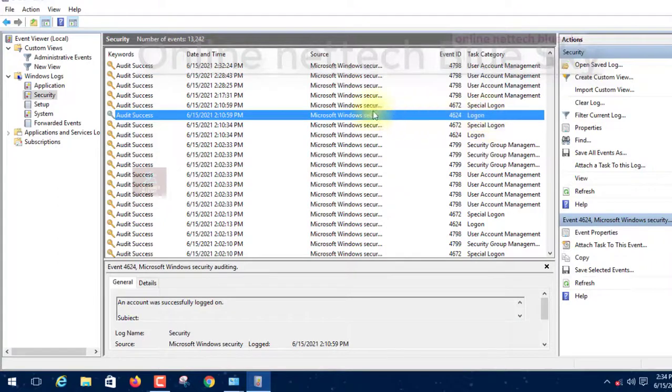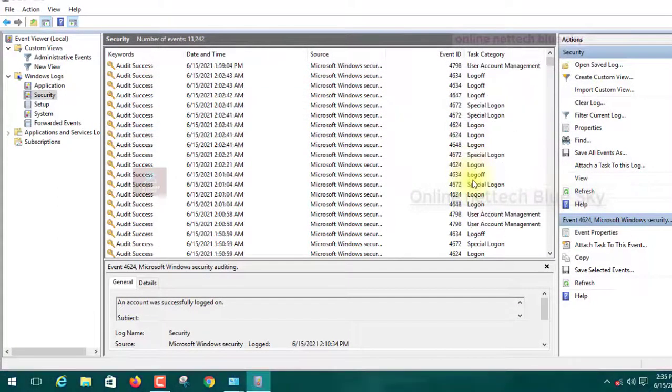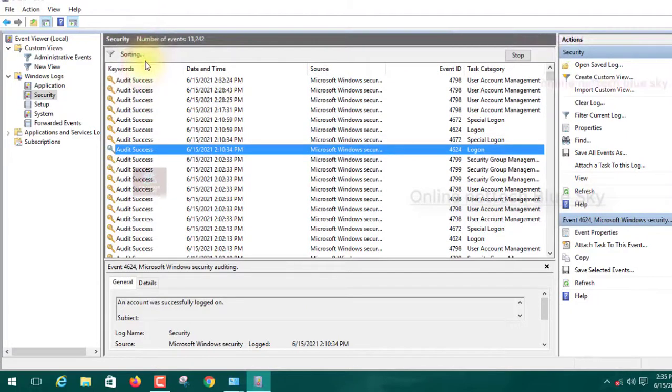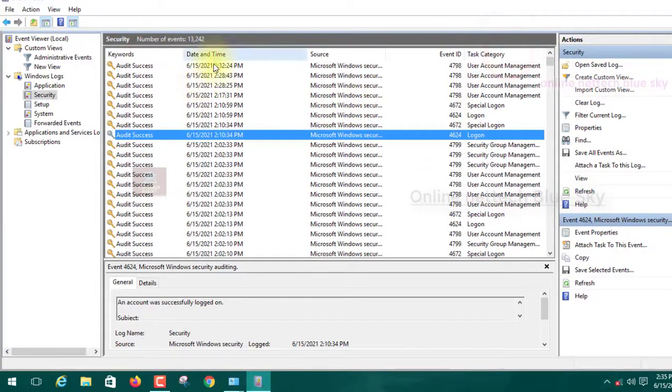You can see 2:10 and you log on, type, log out. Any time you log in, any time you log out, any time you shut down your computer, any time you start your computer, automatically the audit file gives information and saves in this area.